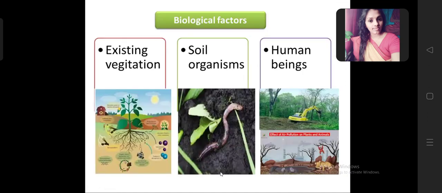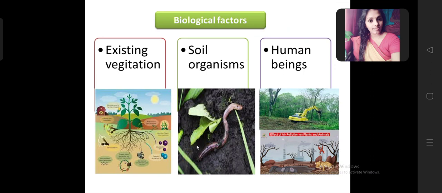And the next one is the biological factor, or we can call this the biotic factor. In this mainly they include the fauna and flora. In case of the flora, that is nothing but the plant material. In case of existing vegetation, some plants will release toxic material, allelopathic chemicals, which will be harmful for another plant. And sometimes the intraspecific competition will be between the same species of plant. All these come under competition.